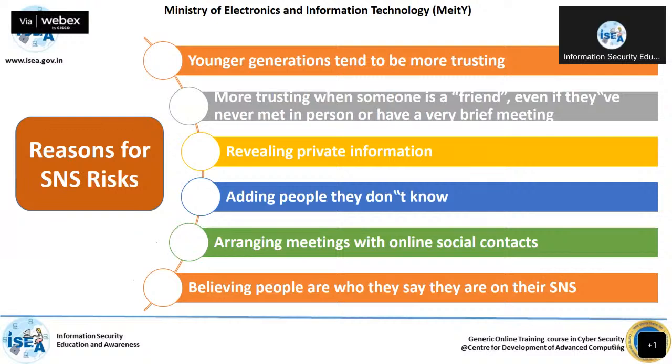The younger generation tends to be more trusting, right? They will try to build trust initially. For example, if I send a friend request and you accept, I will try to build trust. Once the trust is built on social networking platforms and instant messaging platforms, they will move on. Later, they will start exchanging pictures, videos, live and whatnot. All those things will happen, right?